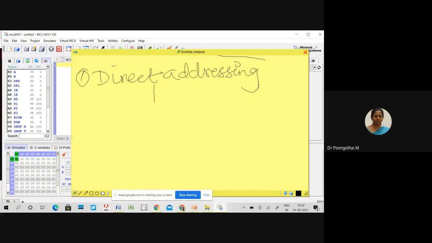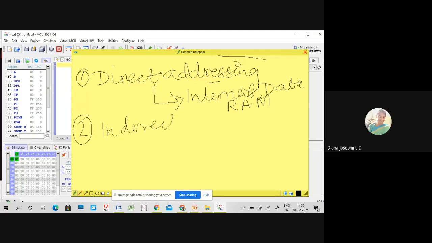This direct addressing is for accessing your internal data RAM. The second one is via indirect addressing mode. This morning I explained these two addressing modes.